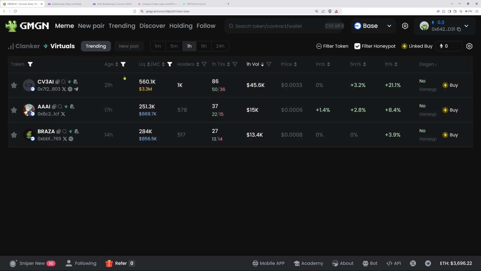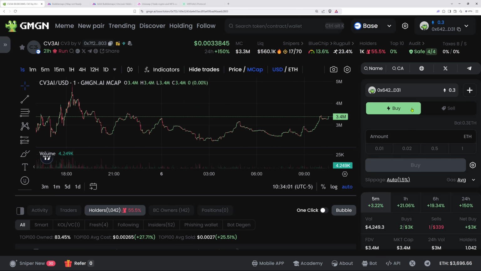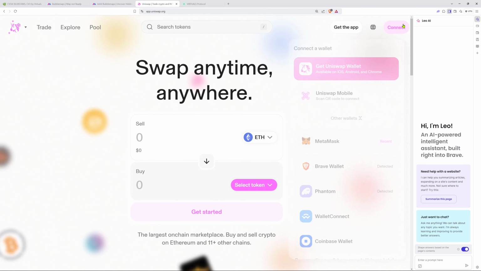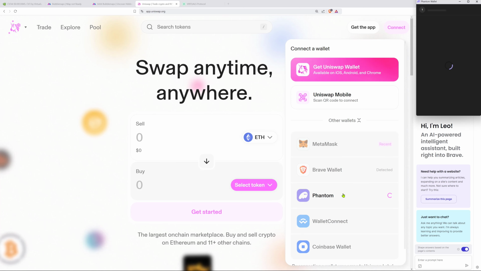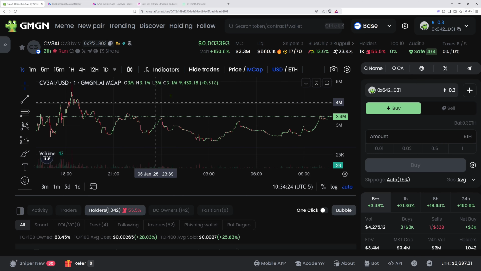Now, if you had these filters on and you were trading through this interface that does it in lightning speed, and I'll give you an example on how to actually buy and sell momentarily once we connect the Telegram bot, compared to you trading this token on Uniswap, this is what this experience looks like. So you come on over here, you're fumbling all over the place, you want to connect your wallet, you find Phantom, you're like, okay, there we go, now you got to click again, and here we go, you're like, oh, where's the contract address? You got to go and find the contract address, which is right here, right?